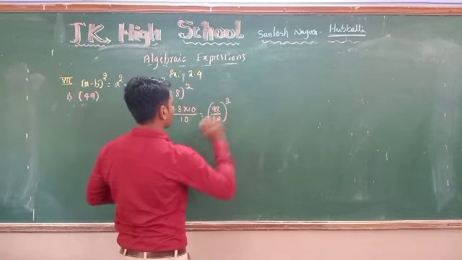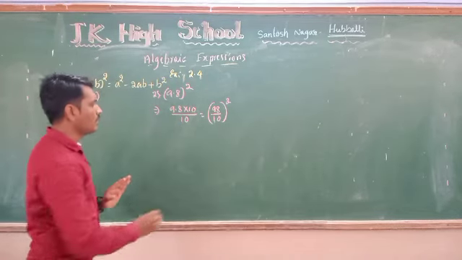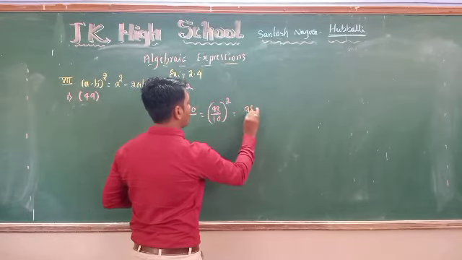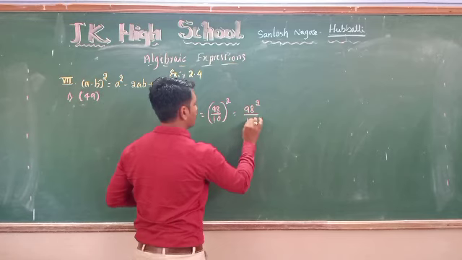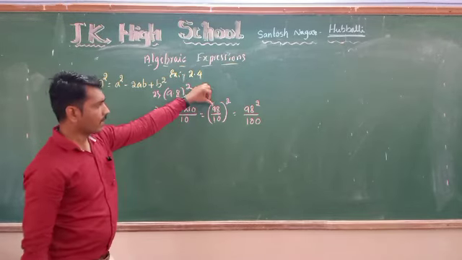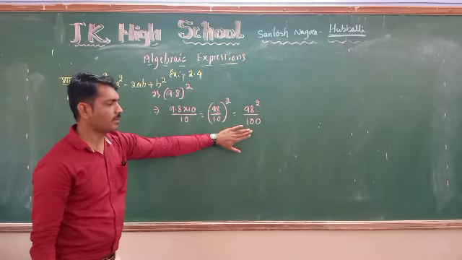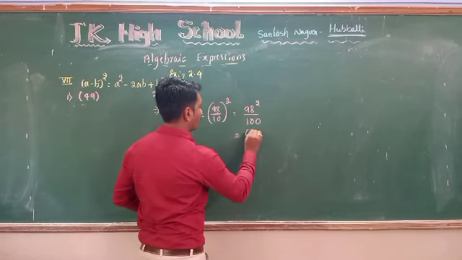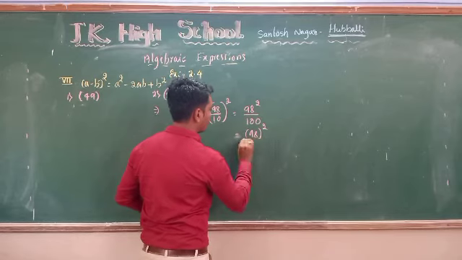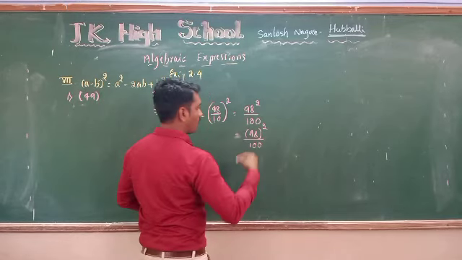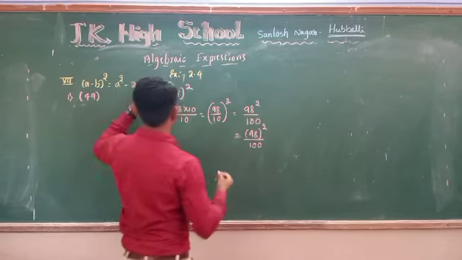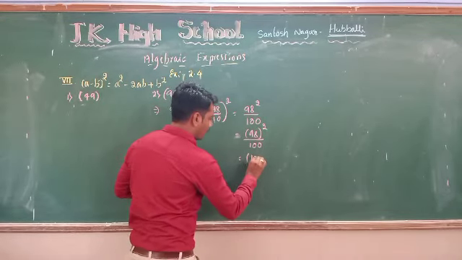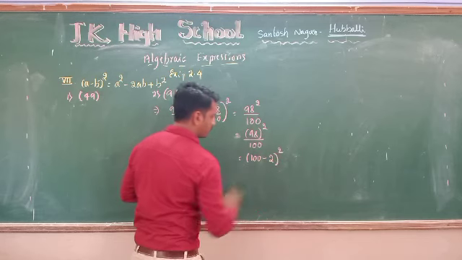Next step. So now 98 divided by 10 is there. We need only the numerator, we do not need the denominator. 98 keep as it is, 10 tens are 100. So 98 square as it is, 10 square is nothing but 100. Next one: 98 square divided by 100. How to convert this step in the form of a minus b? Here, how to write the 98? 100 minus 2 the whole square.